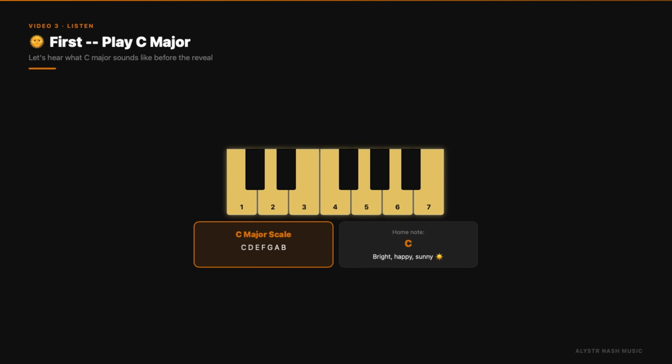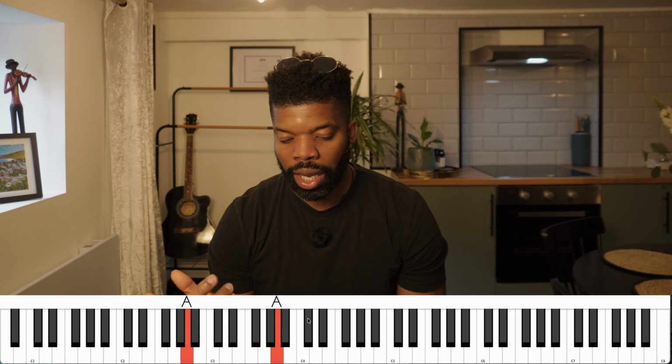So if you want to make a happy type vibe, like a summer type vibe, something uplifting that makes your spirit uplift, we normally work in this major scale, and our home is normally coming back to the first note in the major, or the first chord, whatever you want to say. Now let's play the A minor. So we have the A, and the minor scale for that will be